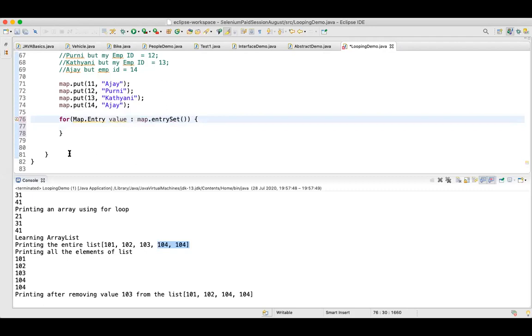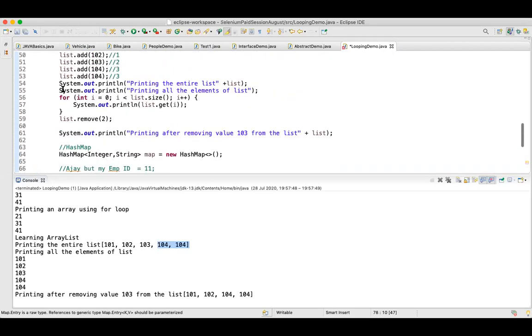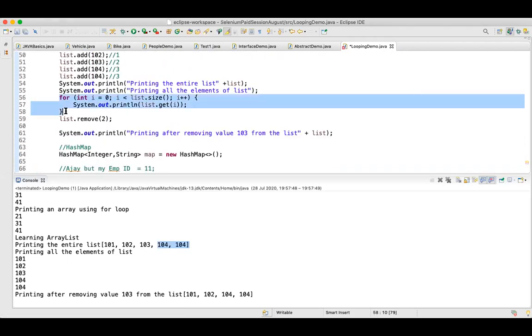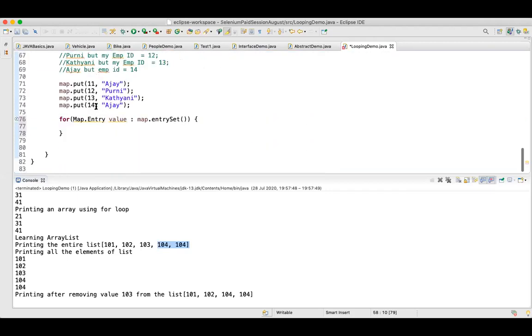Okay. So this is the way to retrieve the data, right? We use a simple for loop for a list. But this simple for loop will not work for a hash map, because a hash map stores data in terms of key and value, not only value. Lists store only values, but here we have multiple values: your key as well as your values.